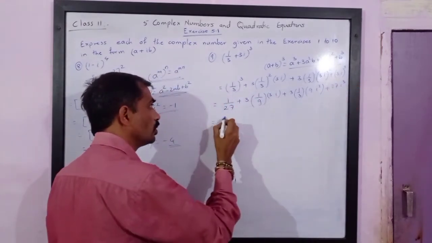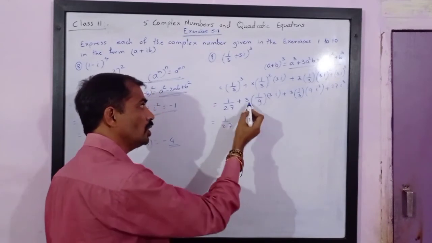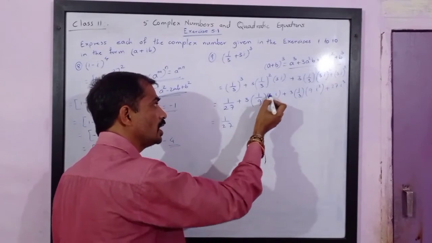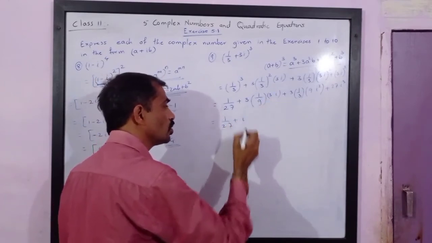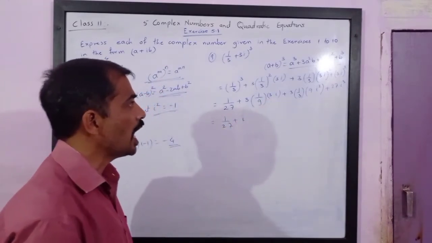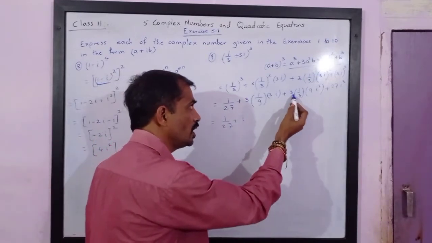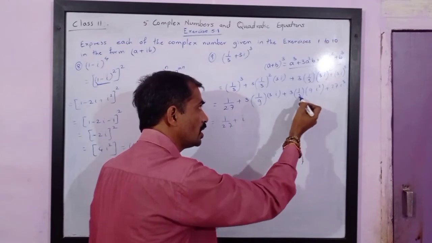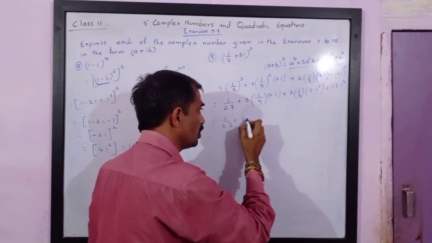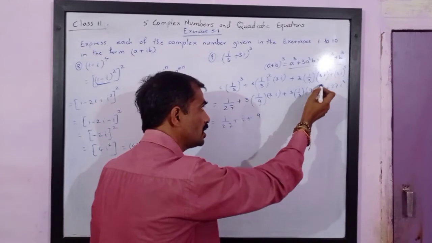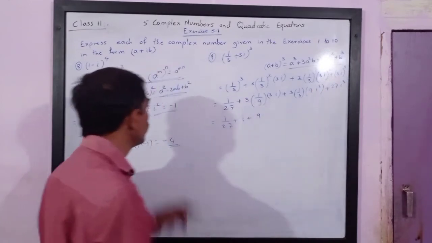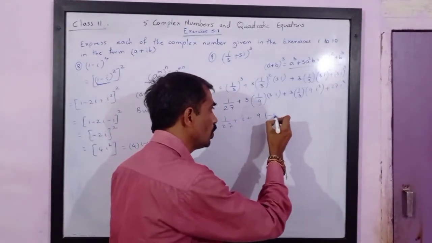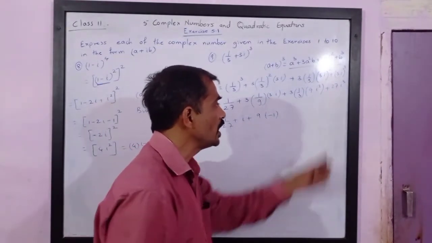So this is equal to 1 upon 27. Please note 3, 3 and 9. 9 is at the numerator, 9 is at the denominator. So we will be left with only i. Now here also you will see 3 9s are 27, 27 upon 3 is 9, plus 9 i square. We have already studied i square is equal to negative 1. So this is 9 into negative 1, plus 27 i cube.